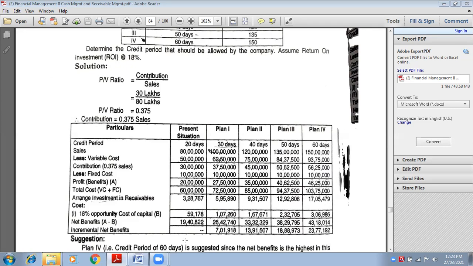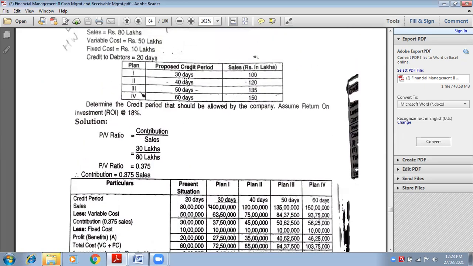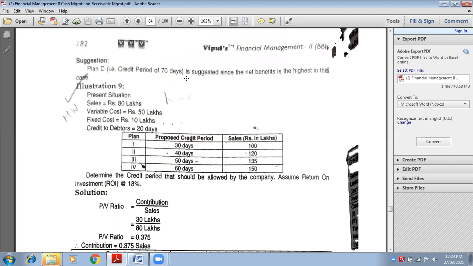Yes, ma'am. Now, is the bad debts given in the question? Look at the question and tell me. No, ma'am, it is not there. So what will you do? Write down bad debts, but you will just put nil, nil, nil everywhere. And what is administration cost here? Is it given? No, ma'am, not given. So write down administration cost and just show nil, nil, nil everywhere.